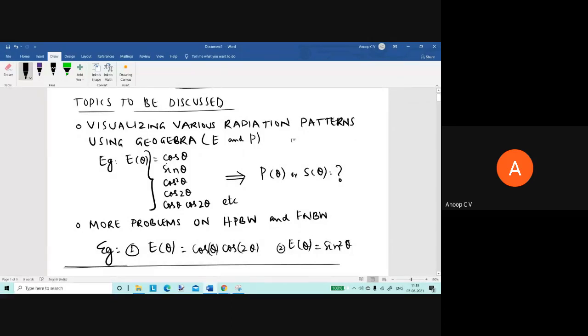Many students, I know, are still not clear what this radiation pattern actually is. Even though I told you it gives the directions in which an antenna will radiate: you keep the antenna at the origin, move along a sphere with some measuring instrument, measure field intensity or power, and plot it as a function of theta and phi. If we can visualize it, that would be more than sufficient. The radiation pattern is nothing but a function of theta and phi.